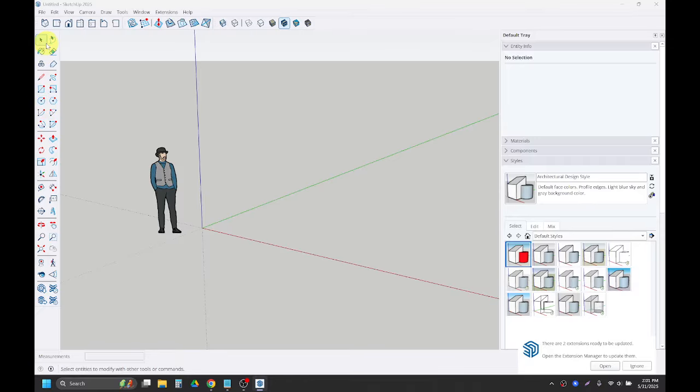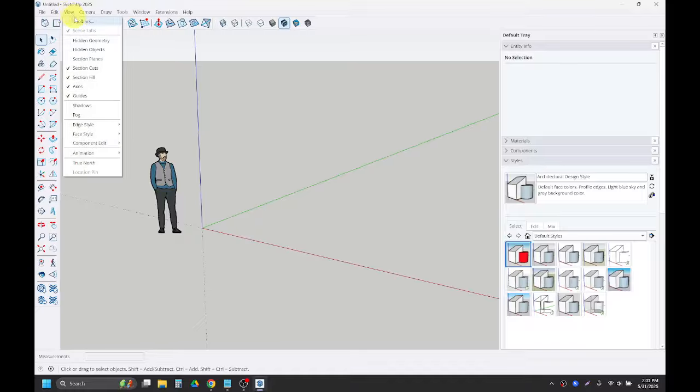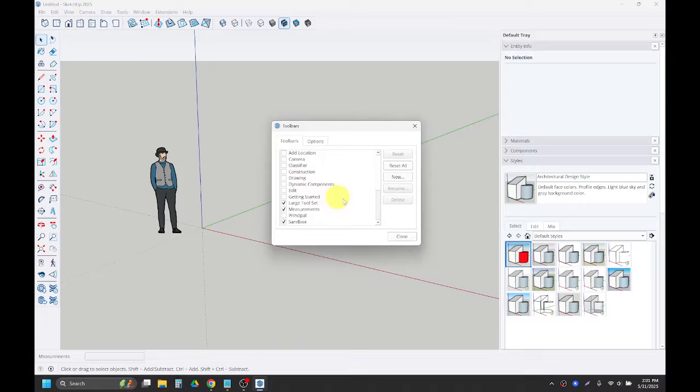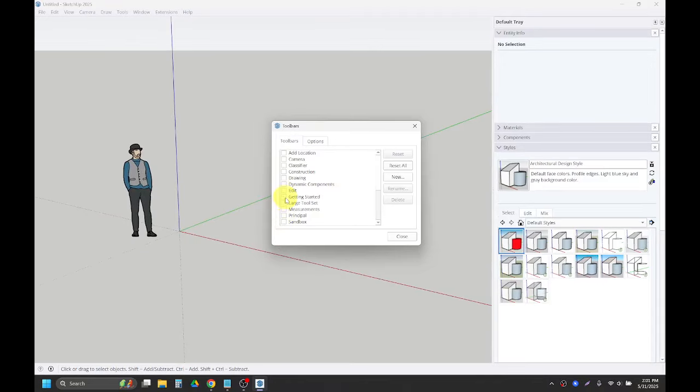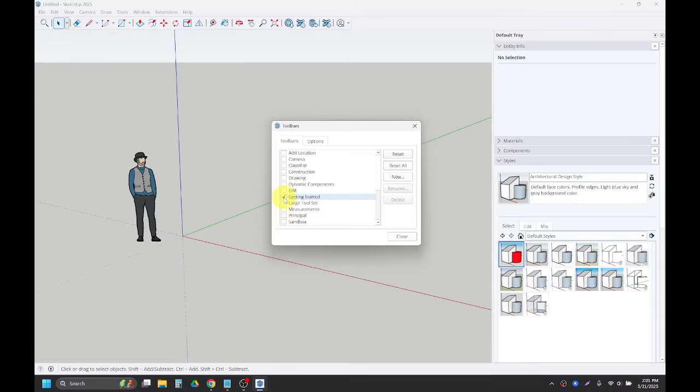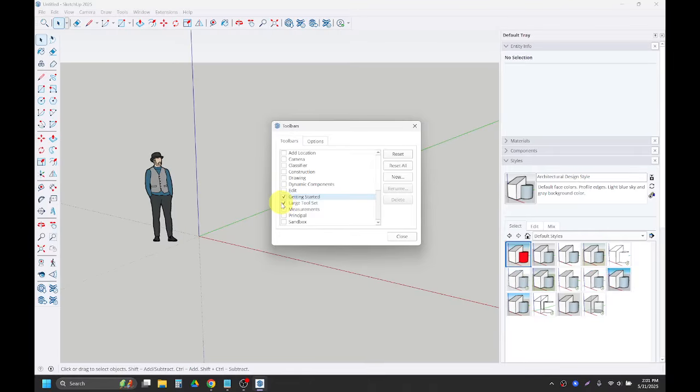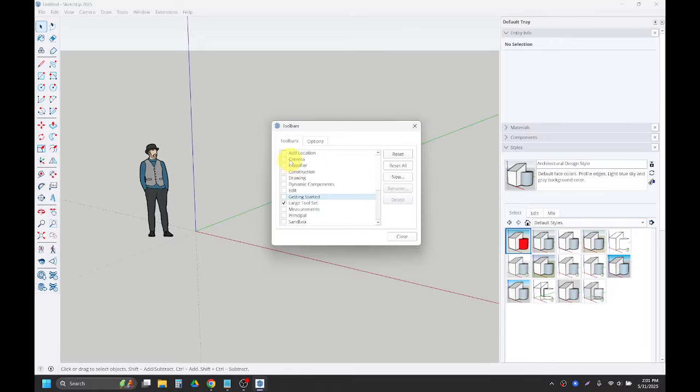set up in here. So I'd recommend having some of these toolbars that I like to use as well. To adjust your toolbars, you're going to want to go into the View tab up at the top and then click on Toolbars. And then I'm just going to reset mine to kind of look like yours. So usually you're only going to start with what's called the Getting Started set. I usually would prefer the large tool set to be open just to have a couple more buttons and functions to work from. As well as then I'll usually open up our